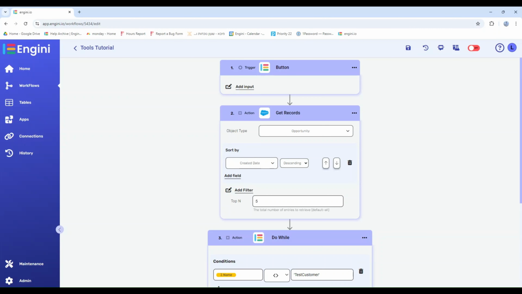Today we'll demonstrate the delay action in Engini, which pauses a workflow for a specified time before continuing. This is especially useful when pulling large amounts of data and waiting for a specific piece of information. The delay helps pause the process until the required data is available, allowing the workflow to proceed smoothly once the